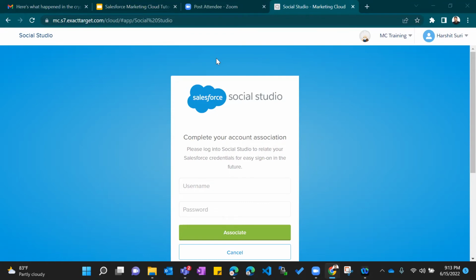My question is, for the entire Marketing Cloud, how much percentage of coding is involved, comparatively to sales and service? Guys, it depends on the type of work you want to do. If you are a fresher or have 0 to 5 years of experience, you are expected to work on code as well.